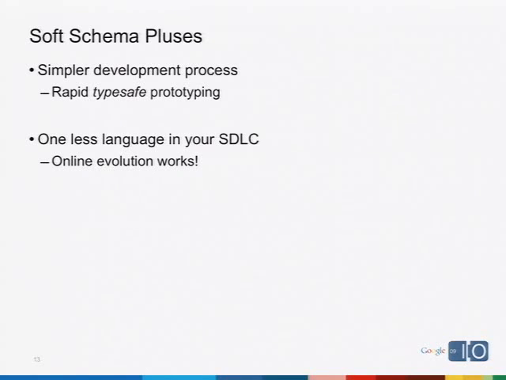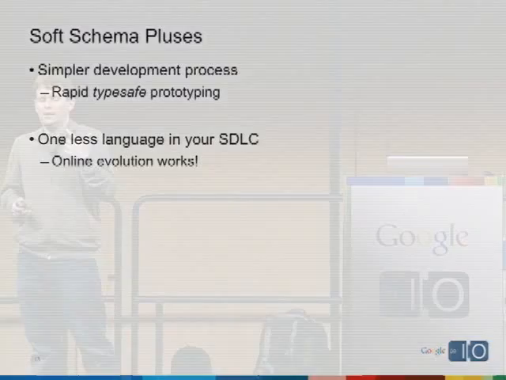The other argument I want to make in favor of soft schemas has to do with consistency throughout your development process. I've been on projects before where we're developing a web application in Java, we're using a relational database as our storage solution, and we typically find ourselves doing things two different ways. Right, so what goes into developing this application? Well, we need to write code. We want to have unit tests. We want to have different deployment environments: development, QA, staging, integration, production, and so on.